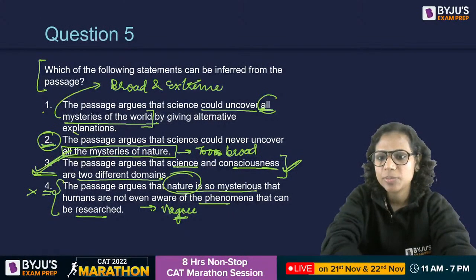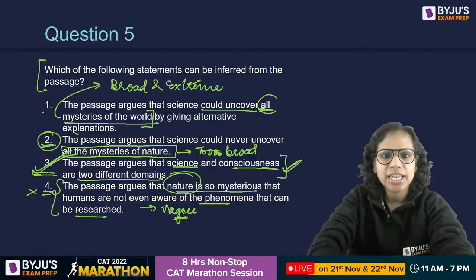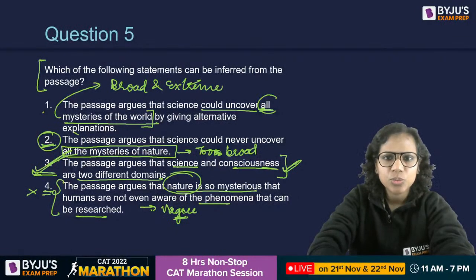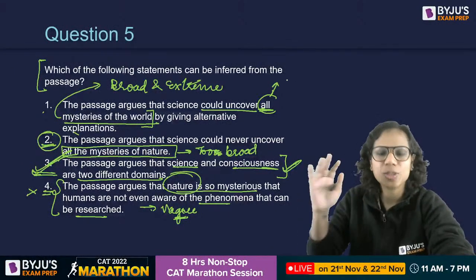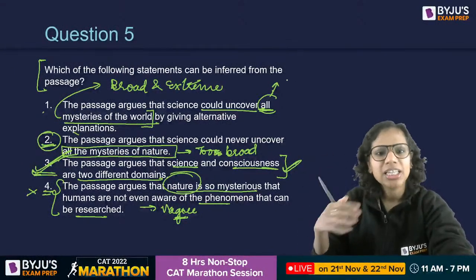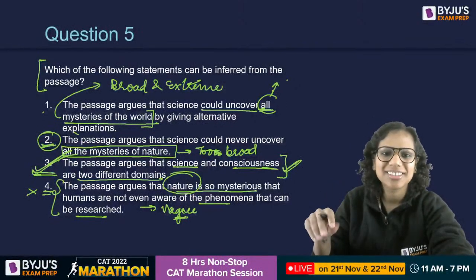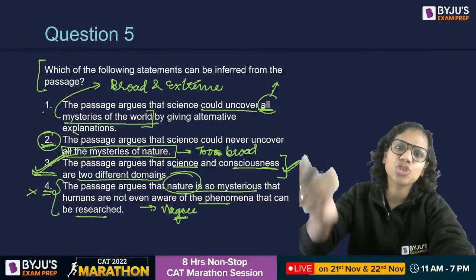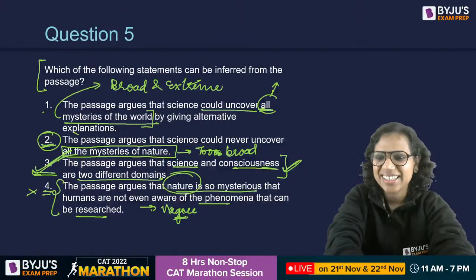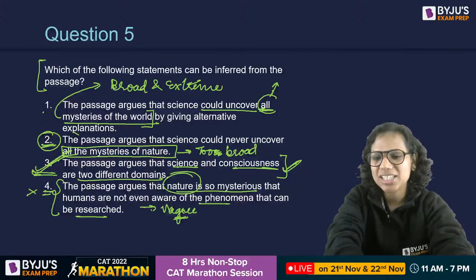Science does try to explain everything with some or the other explanations. So, from that, what can we infer? It could uncover all mysteries of the world. Even if, let's say, so far it has explained almost everything, we still can't predict this. Yes, then also we'll not be able to predict, because one is a future prediction. Right, yes, tricky passage, I agree.